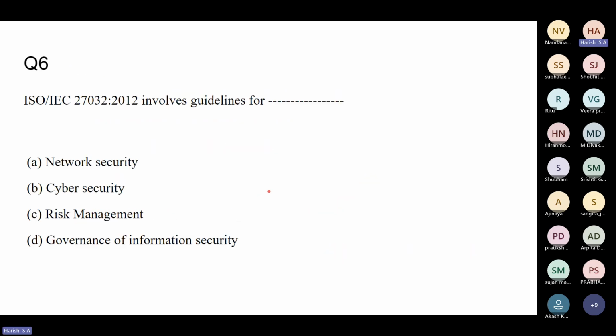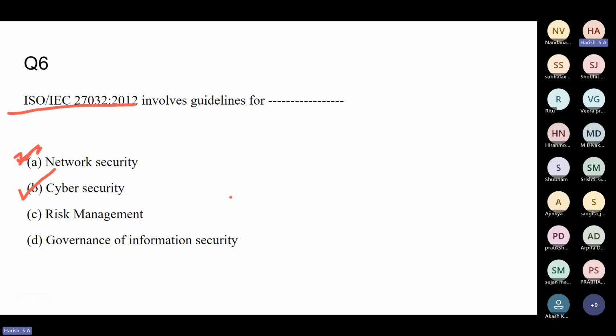And question 6. This particular version involves guidelines for what? It involves guidelines for network. Sorry, this is not network security. This involves guidelines for cybersecurity as a whole. It's not specifically network security. Network security is a part of cybersecurity.